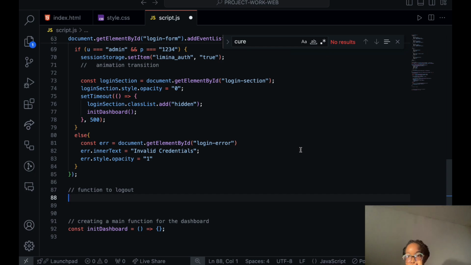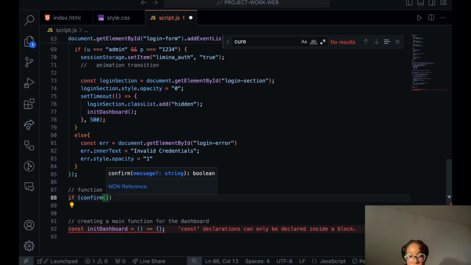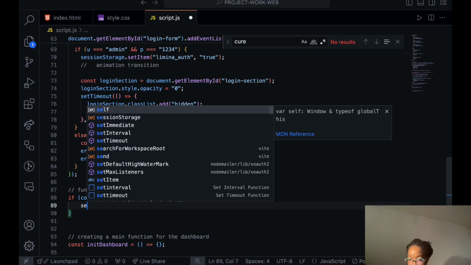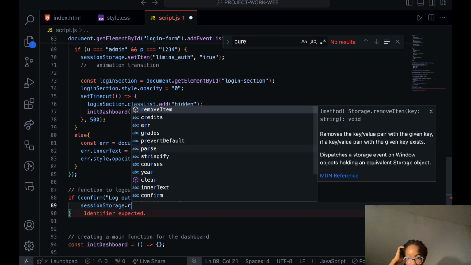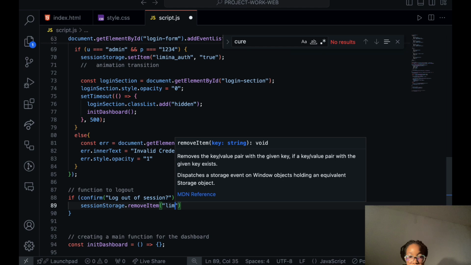So let's see, we have a confirm message here to be true. So confirm log out of session. If you confirm that you log out of session, then that means the session storage will remove your